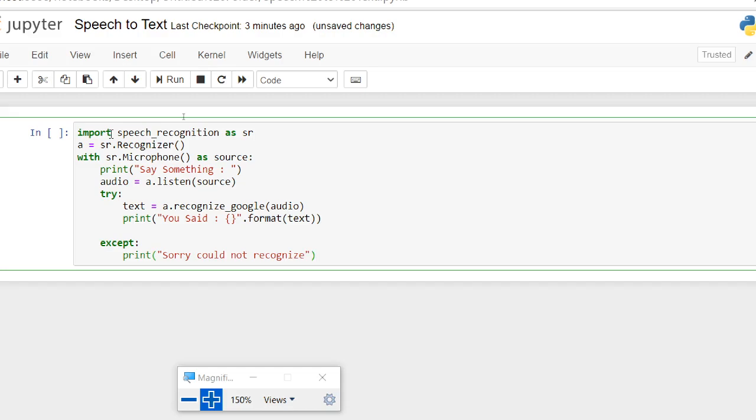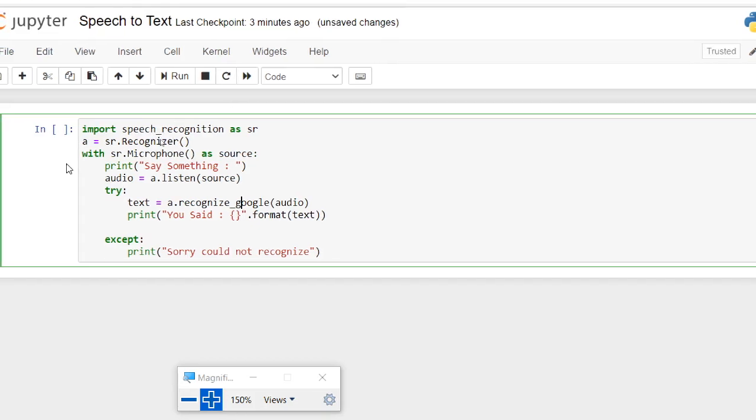And this is just the basic code that we had to do. So over here is try. If able to recognize, then good. The reason why you see a.recognize_google is because the speech recognition package is associated with it. To understand it more, you can look into the documentation.